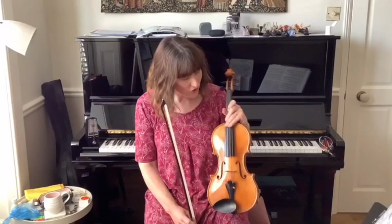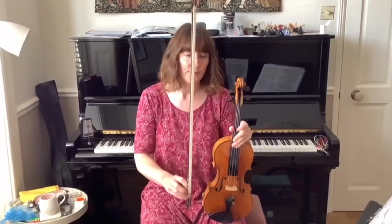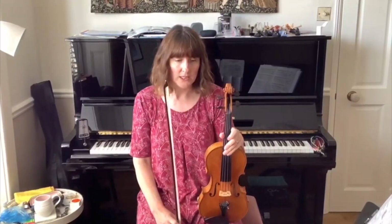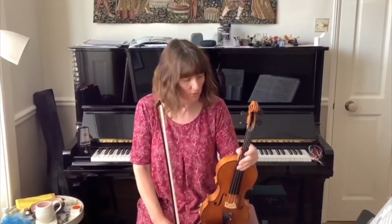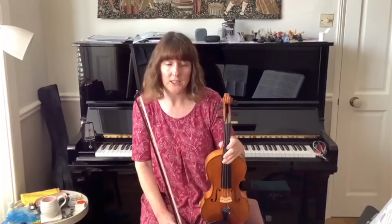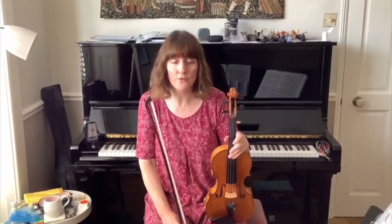The violin is traditionally made of wood, and the bow, wood and horse's hair. The violin has been around in its current form since about the 1560s and there are still some very old instruments being played today. In the UK, the violin, also known as the fiddle, originally played folk music, often accompanying